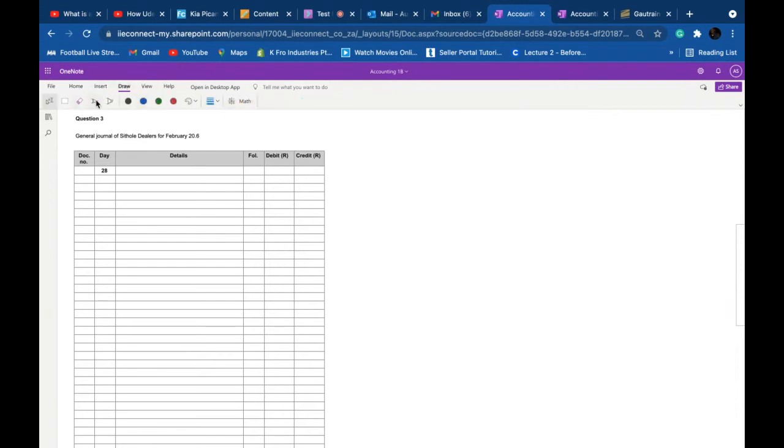So we know that we're doing this for the financial year ended 31 July 2020. So the financial year will begin on the 1st of August